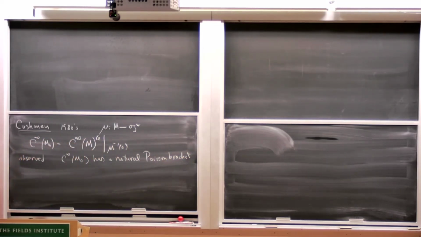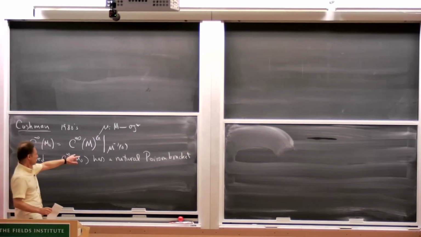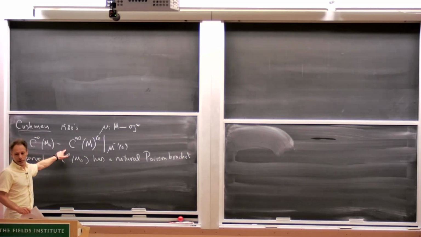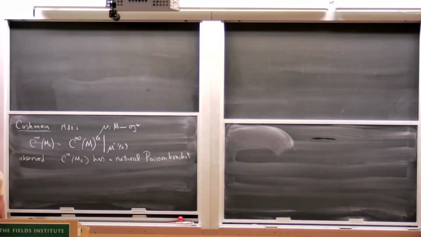This is sort of a follow-up to the earlier question. You could also take the G-invariant part of C infinity of M mod the ideal generated by the components of the moment map. Yes, that will in general be different. You're going to get a different C infinity scheme. This one is going to be a reduced C infinity scheme. The other one doesn't have to be. That's probably the shortest way to answer your question.